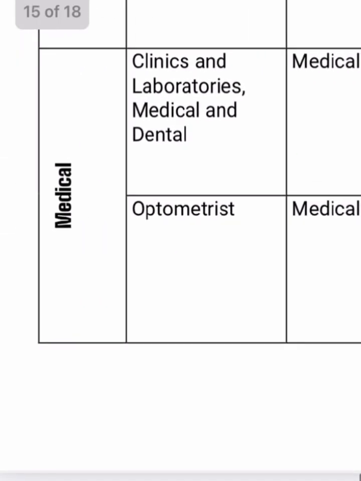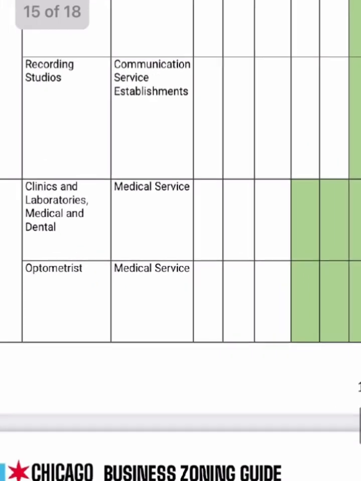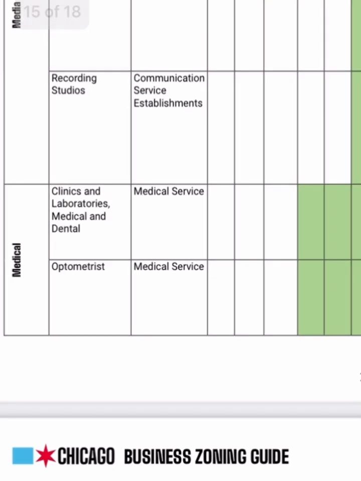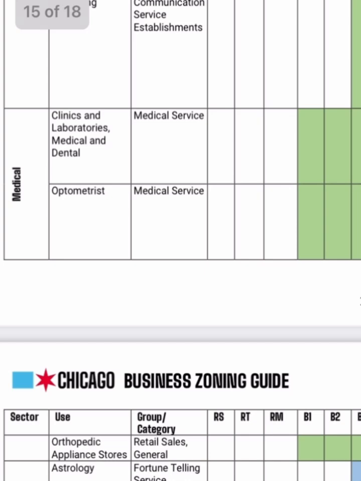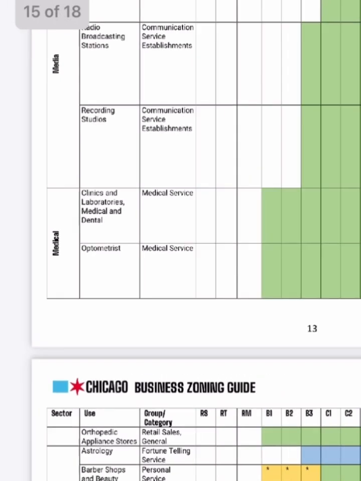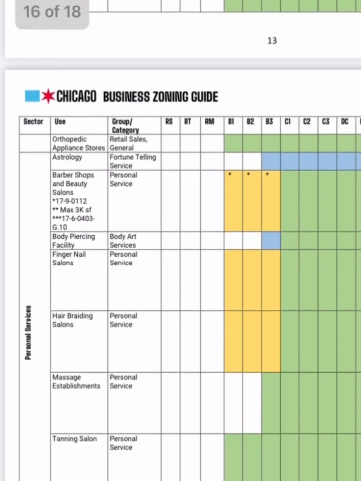And then we got medical and optometrists. Those aren't even allowed in your houses. I don't know if you've been at the eye doctor. I have been. It's one of the most quiet, calm places in the world. What's wrong with walking down the block to the eye doctor? Same with medical services, just to get your checkup. Those should be everywhere. Why is healthcare so expensive in this country? Well, here's one reason. They're not even allowed to build clinics in a bunch of places.